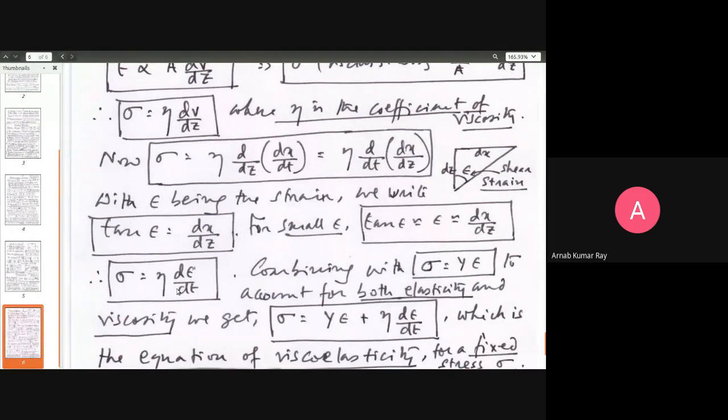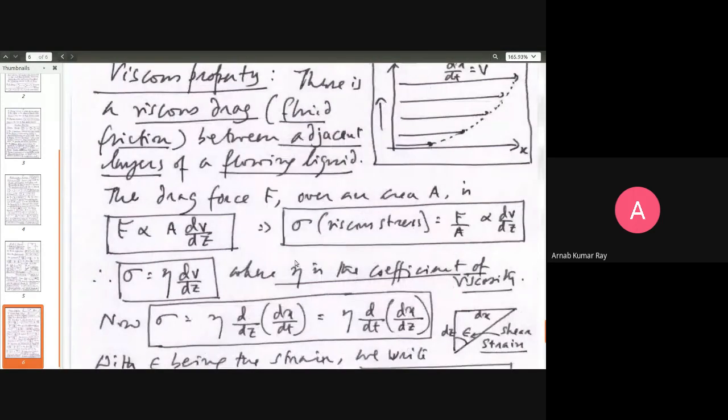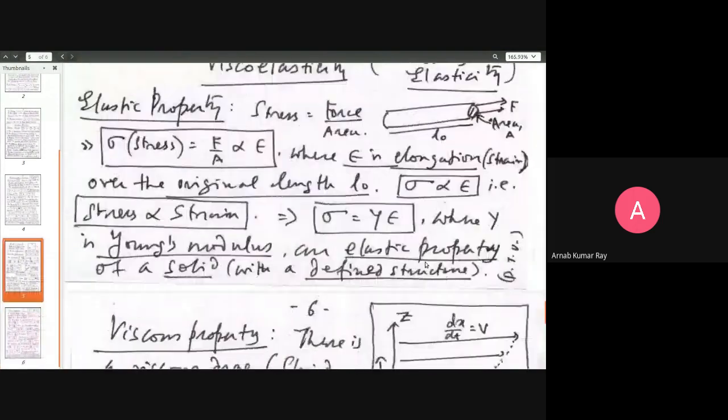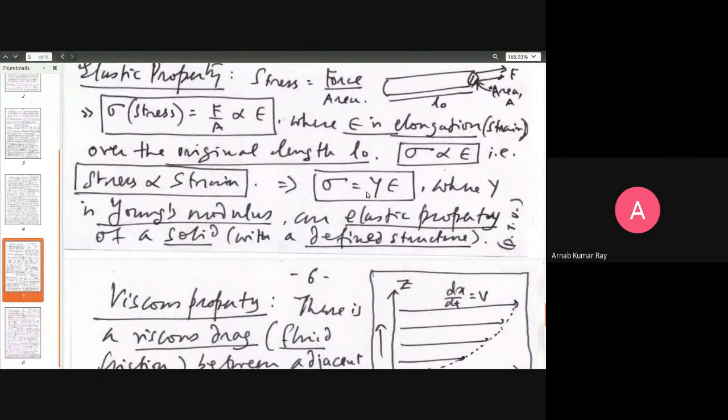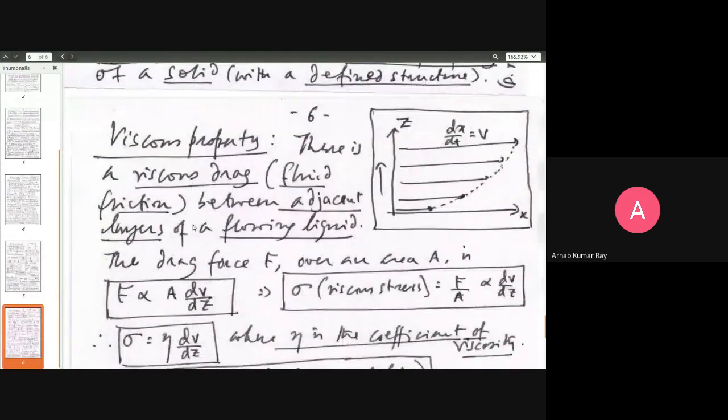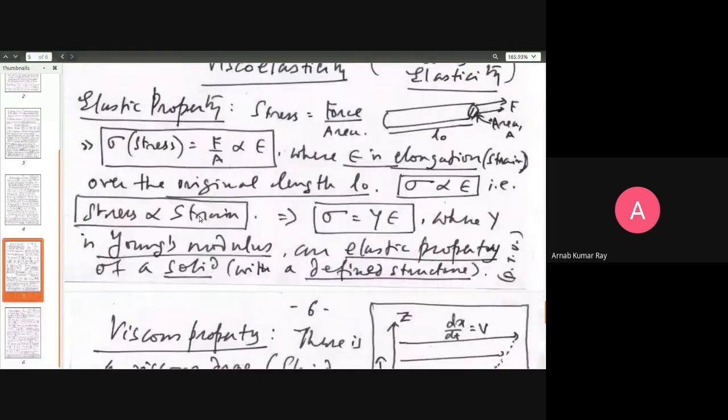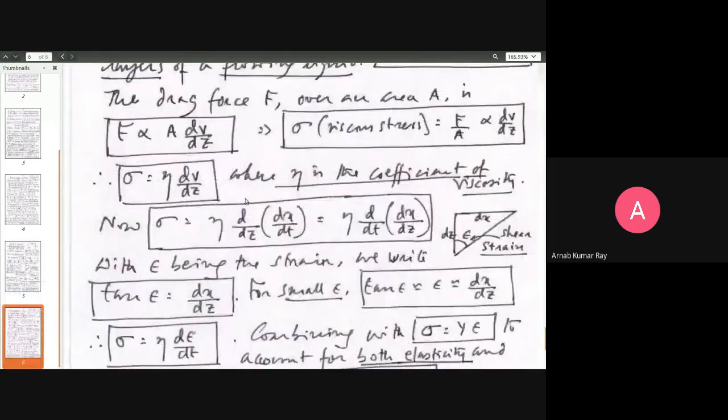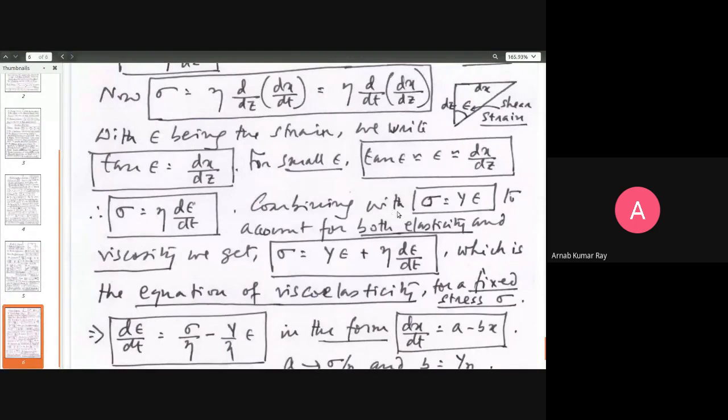Now you combine. This is the viscous stress as has been created, and this is the longitudinal elastic stress as has been created. This pertains to elasticity, and this pertains to viscosity, which is liquid, whereas this is solid. Now you can ask me a very important question. Why am I going to combine? Combining sigma is equal to Y epsilon to account for both elasticity and viscosity. We get sigma, the total stress, will be the elastic stress plus the viscous stress, which is the equation of viscoelasticity